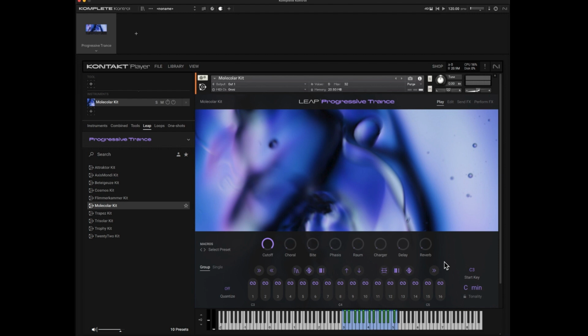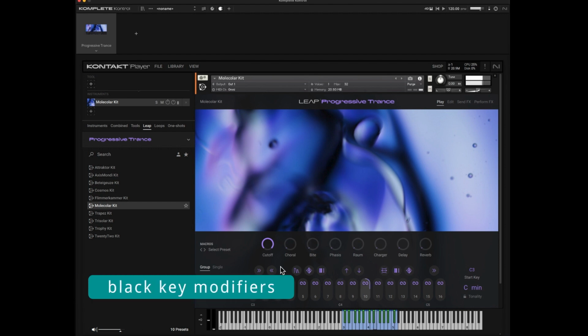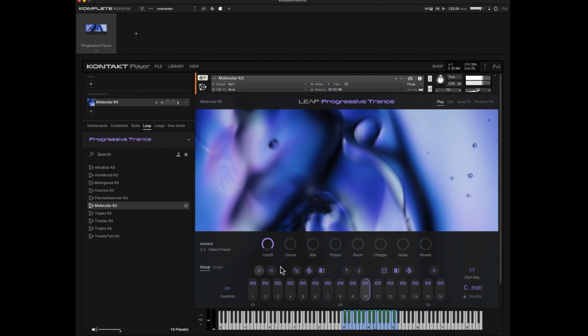So your blue keys are your samples, and the green keys, the black keys, which are green lights on the keyboard, are the modifiers. So right, I'll play that, and then I'll use the modifiers. So that's double speed, half time, the now infamous gated, repeater, and slicer,